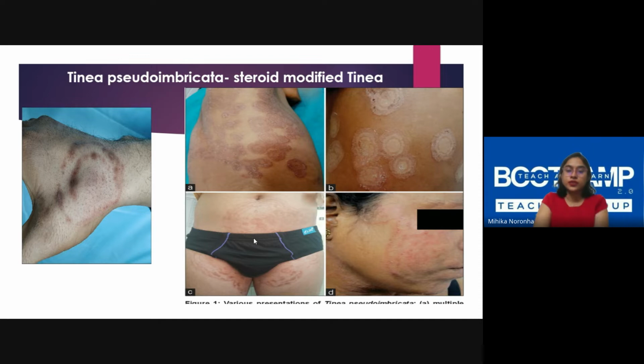So this is a very good indication. If a patient comes and says, I applied something, I don't know what I applied, what they've applied is a steroid. Other things that can tell you that the patient has applied a steroid is the skin appears very thinned out, and you can see stretch marks or striae.